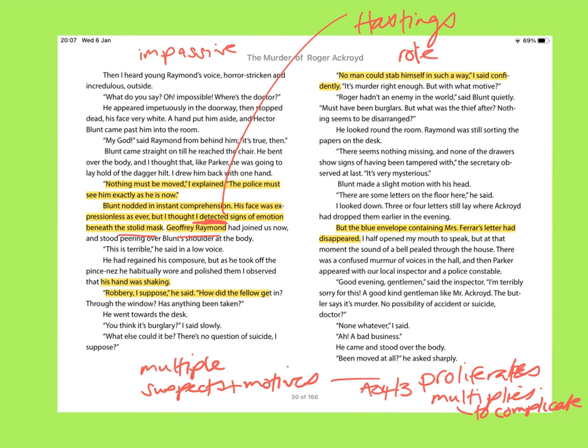Christie sets up here what is going to seem in the narrative later on an important clue, all right? "The blue envelope containing Mrs. Ferrars's letter had disappeared." Oh, I wonder how and who and what has caused the disappearance of that. We know, okay? So, again, this is deceiving and tricking the reader. We're going to expect this clue to appear as a very important piece of the puzzle. It's never going to, okay, for reasons of self-interest and self-preservation.